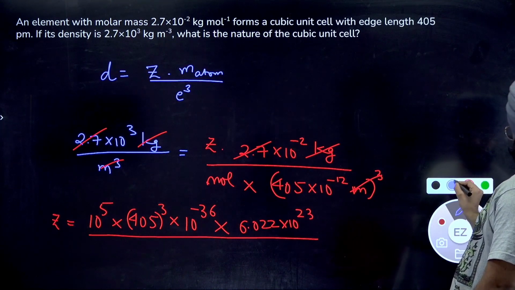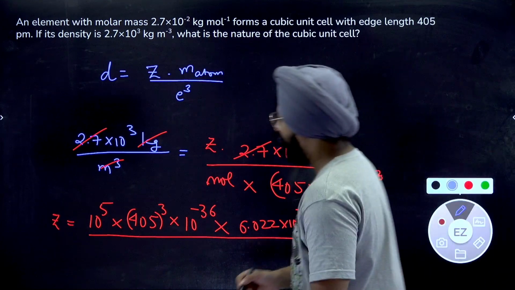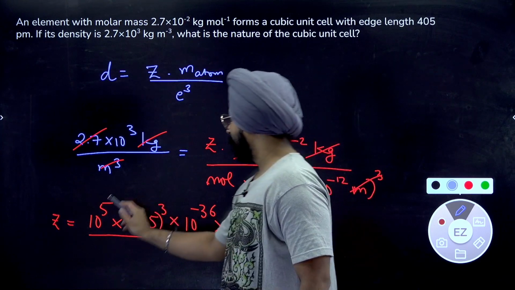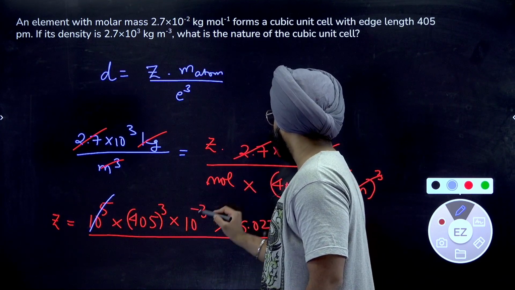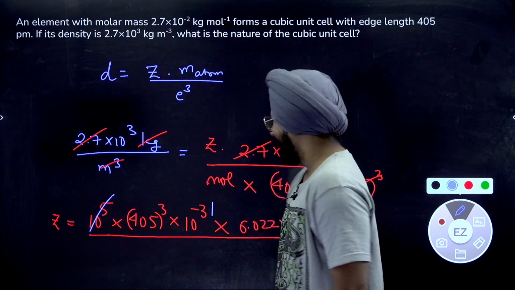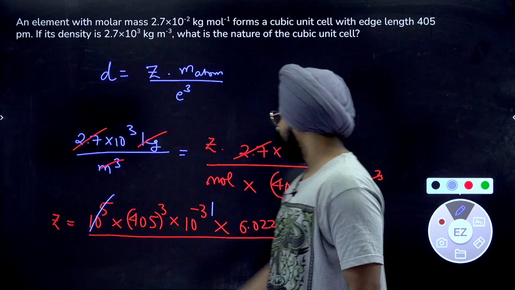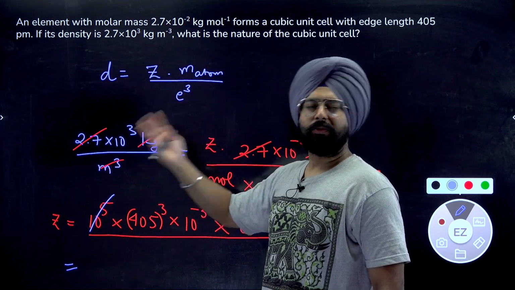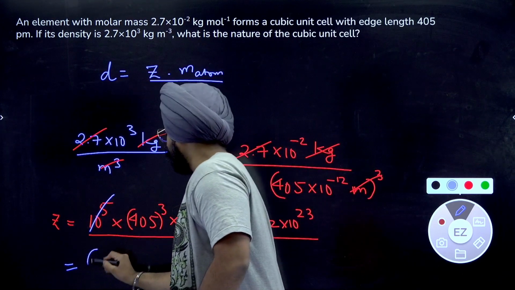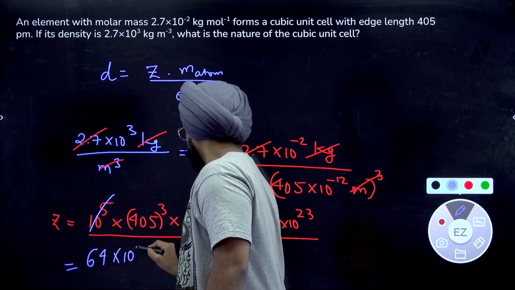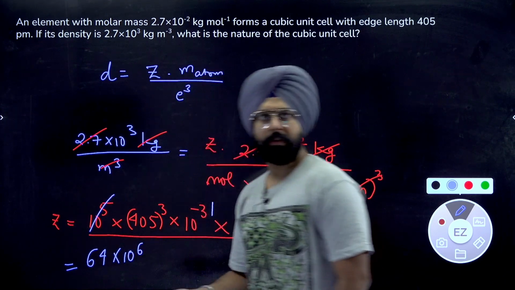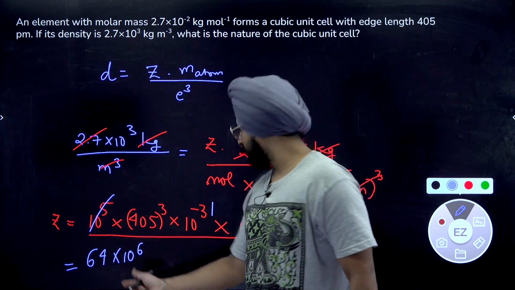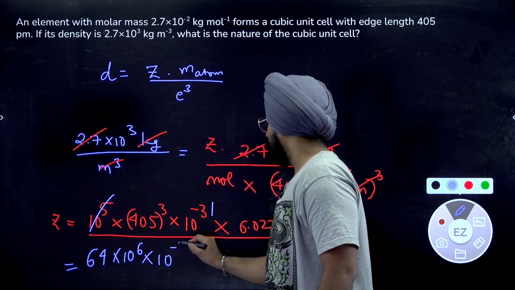Please switch to blue pen, you weird whiteboard. Blackboard, sorry. So what do we do here? This becomes 10 to the power minus 31. Let's try to approximate this as 400 cube. 4 into 4 is 16, into 4 is 64. So 64 into 10 to the power 6. Basically 4 cube into 100 cube. So 4 cube is 64, 100 cube is 10 to the power 6, into 10 to the power minus 31,